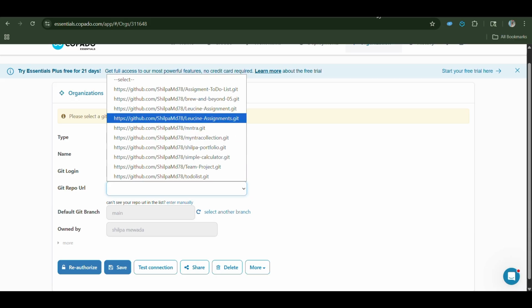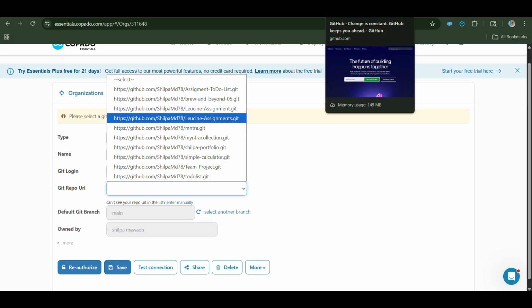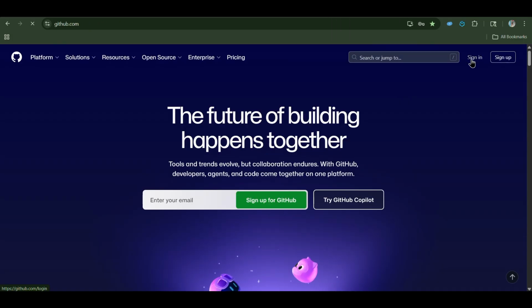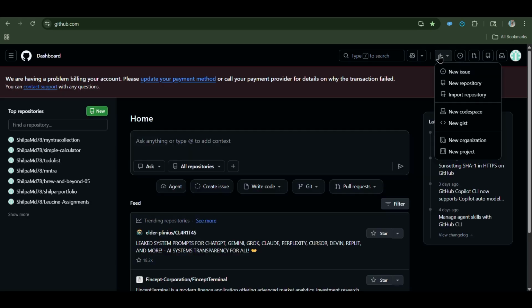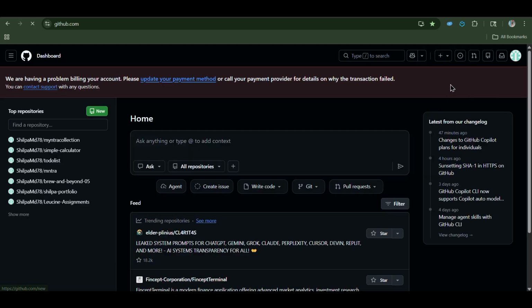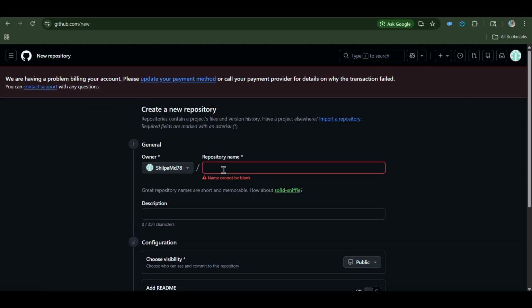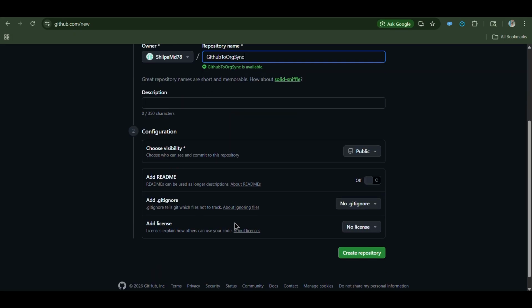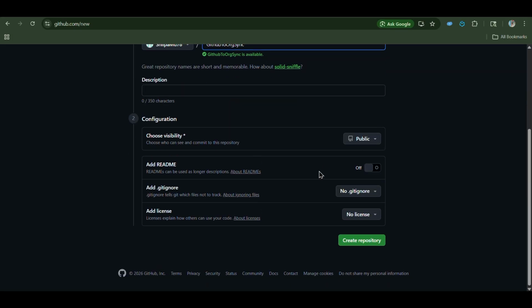So what I will do, I will create one empty repo. Just sign in. Click on plus icon, click new repository. Give the repo name GitHub to org sync. Just scroll down, choose visibility public, turn this readme toggle, and just click on this create repository.